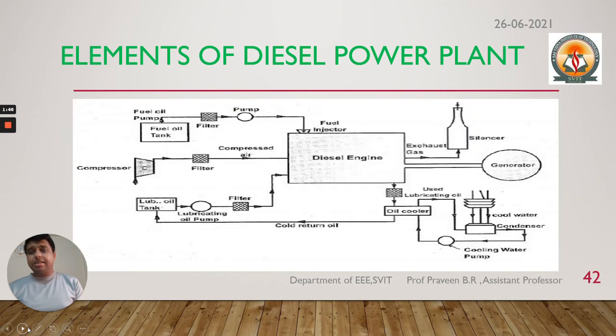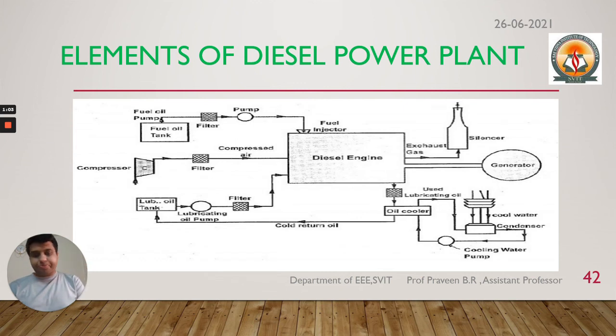In this, let us see that when fuel is pumped into the fuel oil tank where it is stored, it is pumped through a fuel pump and injected into the diesel engine. After that, the air gets compressed through a compressor and gets into the diesel engine, and we have lubricating oil which is sent into the diesel engine. They all get mixed up and form a steam. This is passed to the generator such that the energy is converted. The left out energy is sent back through the oil cooler to the lubricating oil tank,